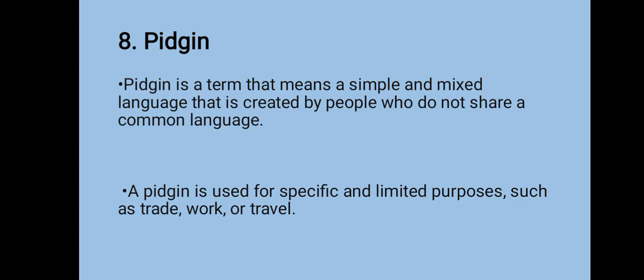Chinook jargon was based on Chinook, a Native American language, but it also borrowed words from English, French, and other Native American languages. Chinook jargon was used by traders, explorers, settlers, and missionaries to communicate with each other and with